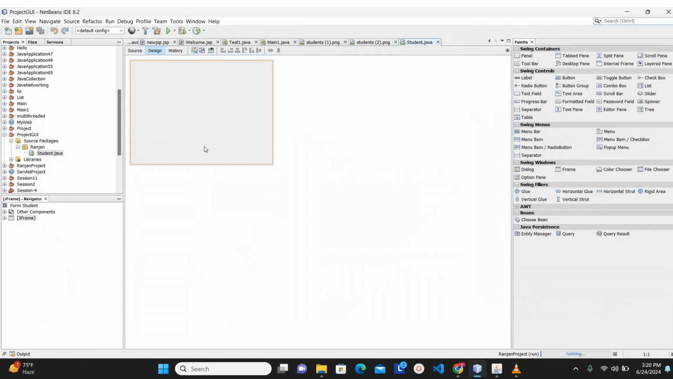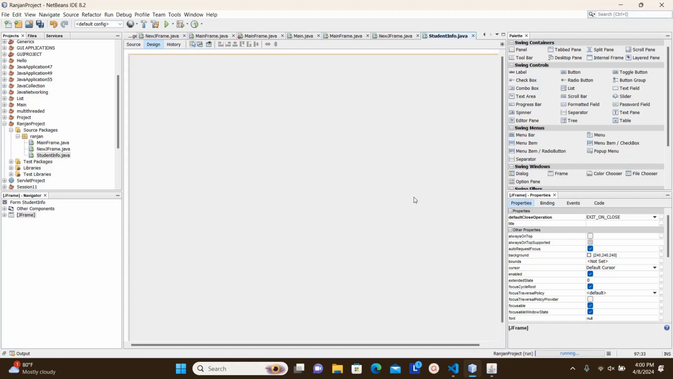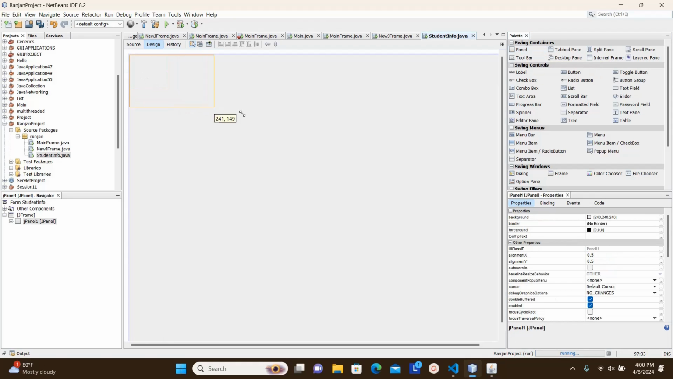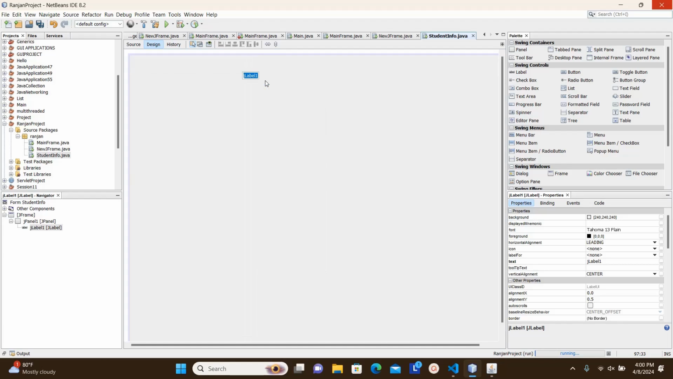It's going to create the frame for us. I wanted to resize this frame to this far, and then I'm going to get a panel from this swing container. I want to put this panel on top of this JFrame. So the next thing is I wanted to get a label. I want to put a label here. Right click, edit text,